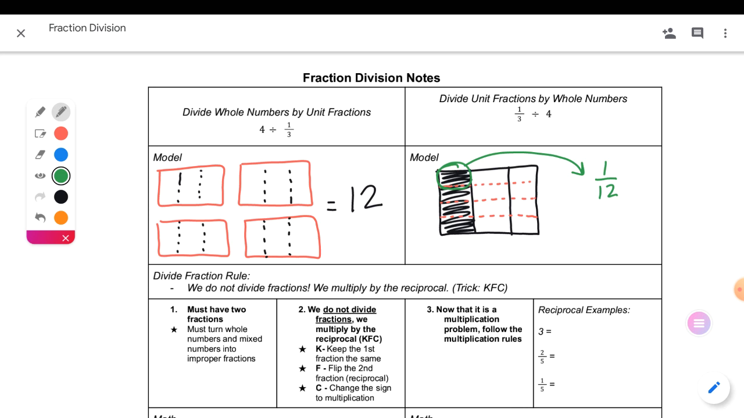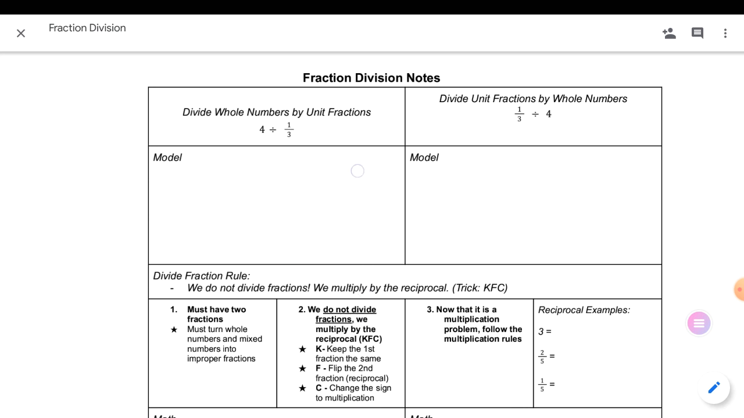Yeah, a 1 is the numerator, okay? So models are really only helpful if we have unit fractions, which is unrealistic. We see a lot of fractions that aren't unit fractions. So the math behind these